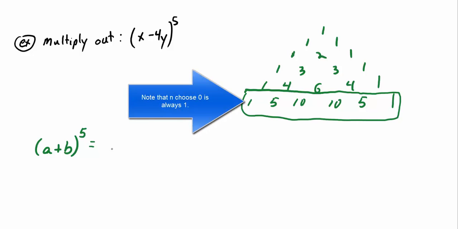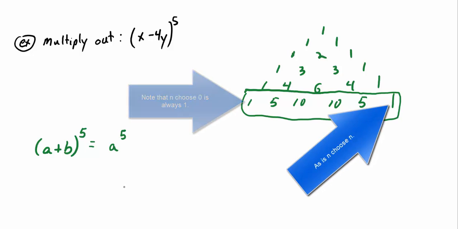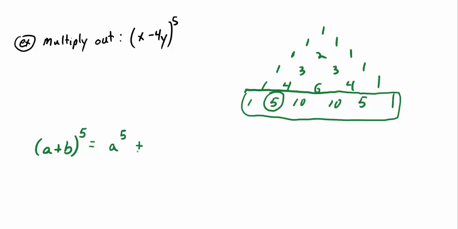So the first term is going to be a to the 5th. Plus, use the next binomial coefficient from the triangle. 5 times, what's a going to be to here? 4, it goes down by 1. And then b to the,